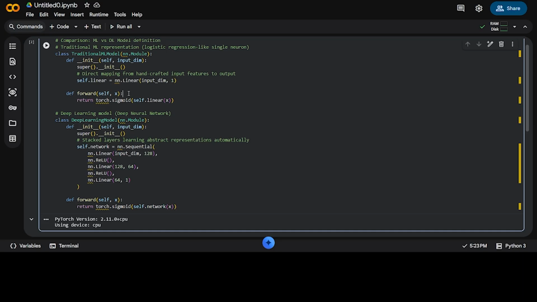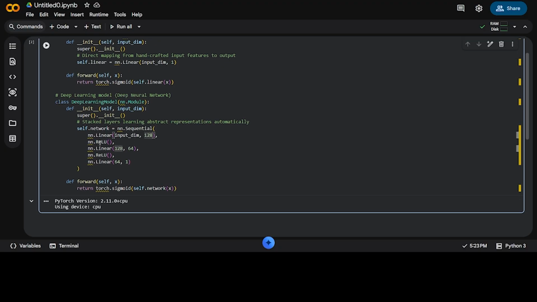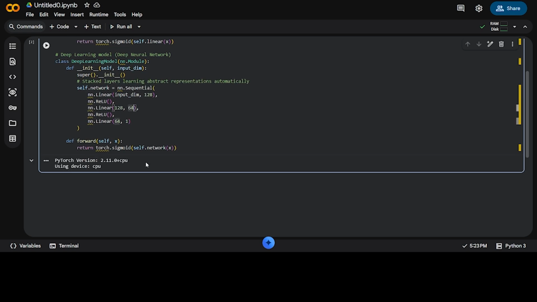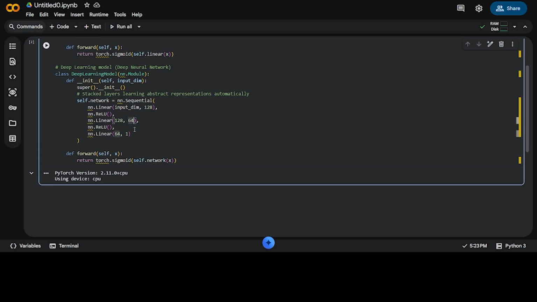That contains nn, and then Linear, and then you have to give the input dimension. Here the input dimension will be 128. Okay, and then you have to give Linear two parameters, 128 and 64, and then give some parameter values. Okay, relu, and then linear. These are the imported packages. Okay, we have already imported the torch package.